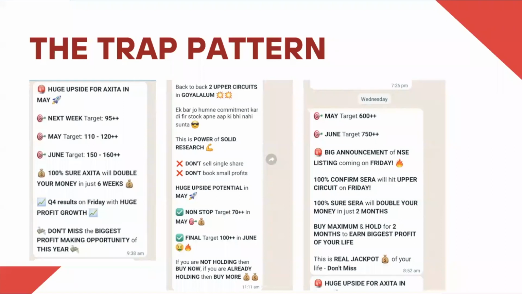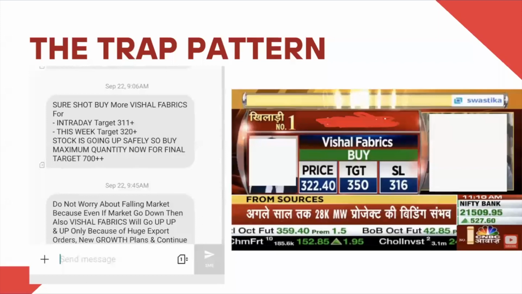So these are just 3 stocks which were under circulation recently. One was Akshita Cotton, one was Goel Aluminiums, and one was Sera Investment. Okay, so ये तीनों circulation में थे. And now there was one more stock which was, I think, back in 2019 or 2020, Vishal Fabrics. तो उस टाइम पे यार WhatsApp इतना एक्टिव नहीं होता था. Back in 2019, 2020, WhatsApp was not really active a lot for stock market.